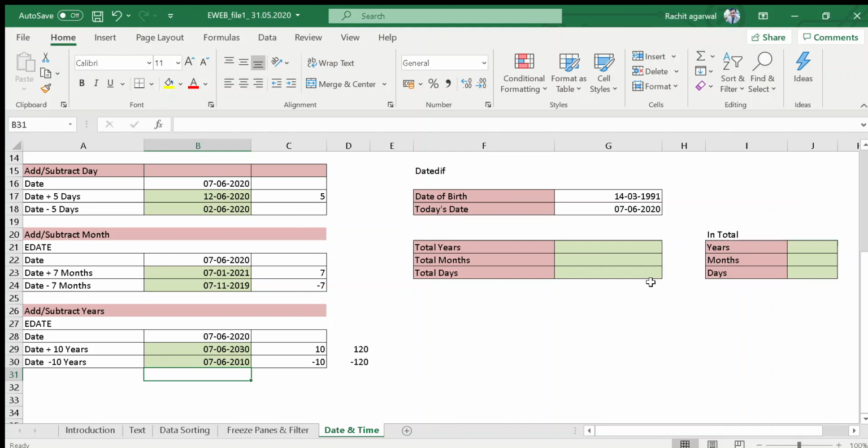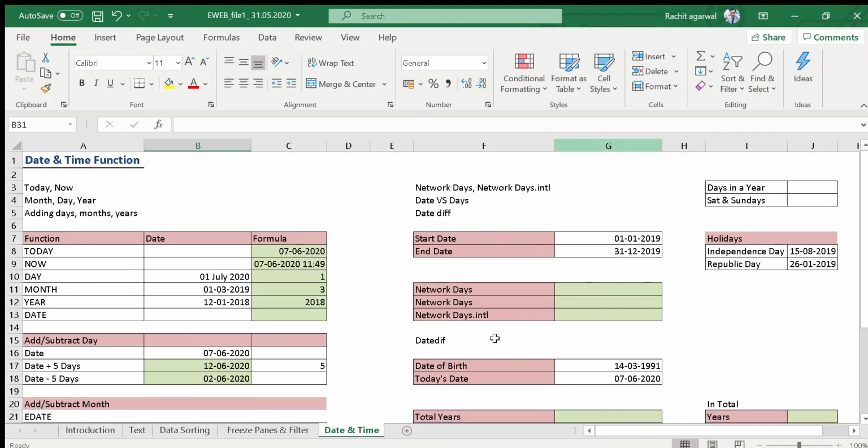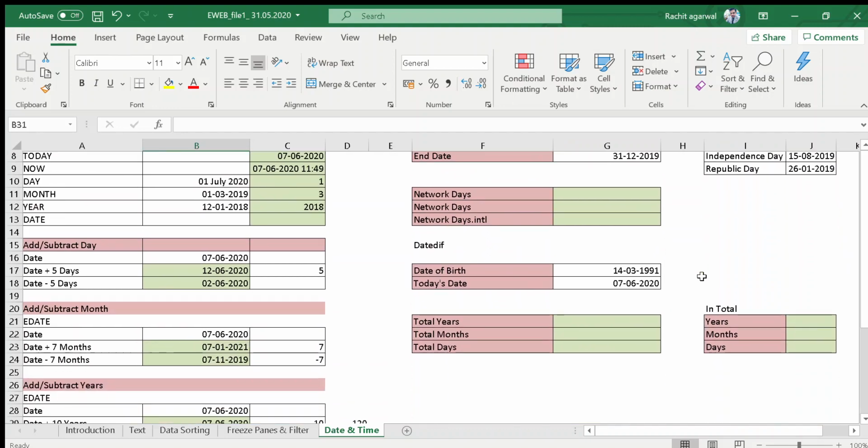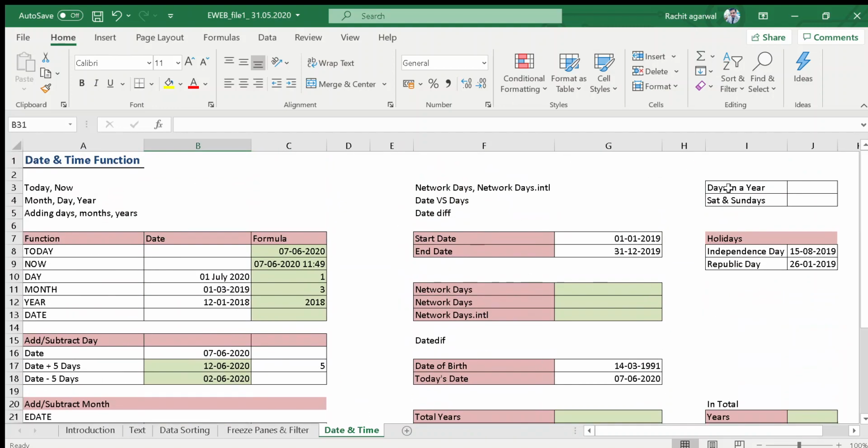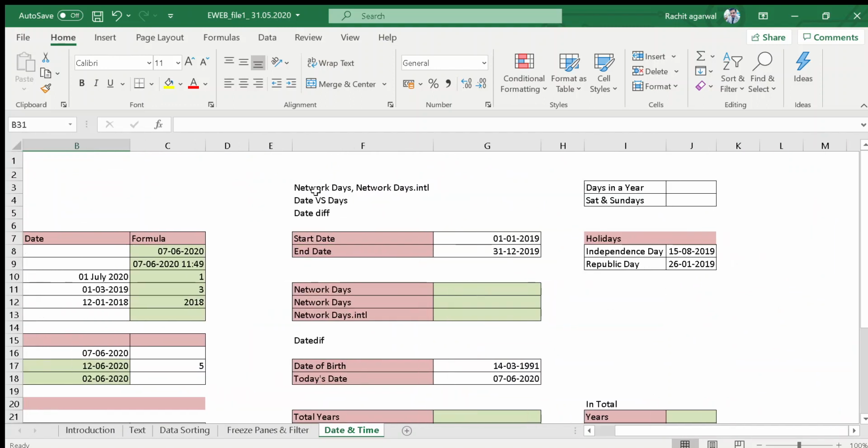All right, so once I clear all the dates, I will just see the chat box section. Let's complete this part basically. Now the next formula is NETWORKDAYS and NETWORKDAYS.INTL versus DATEDIF.